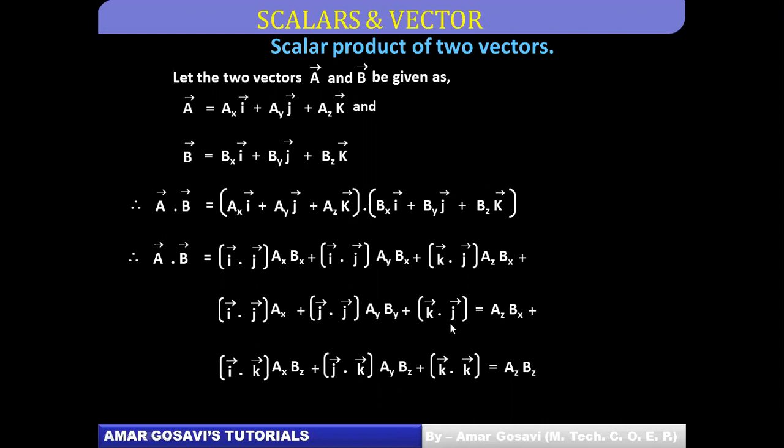All right, here no equal to sign, it should be multiplication sign, and instead of az bx, this should have been az by. All right, so everywhere it should be by as the second term. Everywhere it should be bx as the first term for the first row. For the second row, everywhere it should be by as the second term, you can see. And obviously for the third row, everywhere bz will be the third term. Okay, so here also no equal to sign, it should be multiplication.